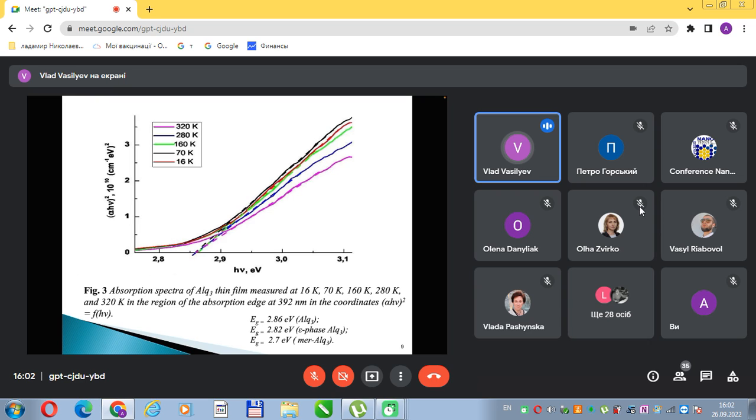It turned out that the value of the optical energy gap of the aluminium Q3 thin films in this case does not change in the temperature range from 16 Kelvin to 320 Kelvin and is approximately equal to 2.86 electron volt. This value is in good agreement with the data for these thin films of aluminium Q3,